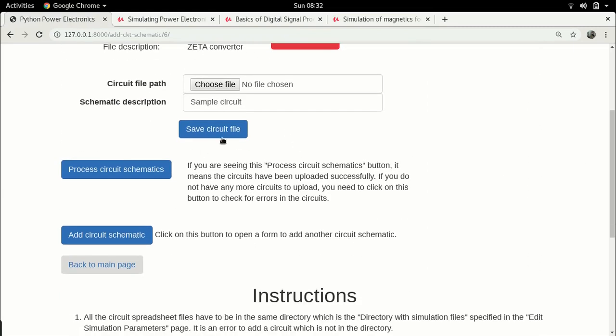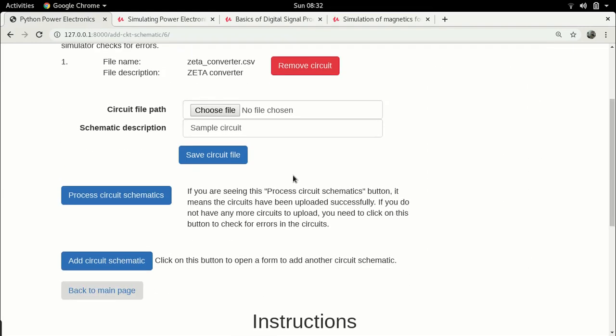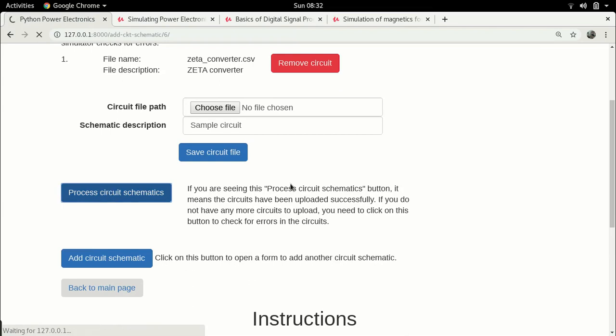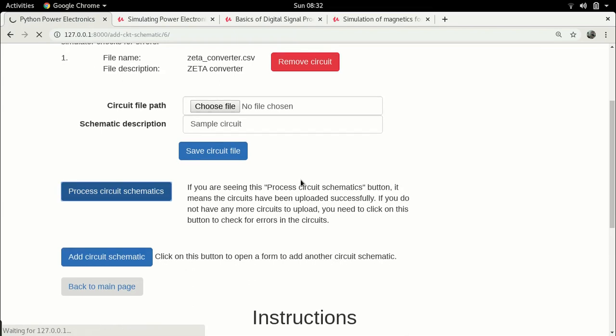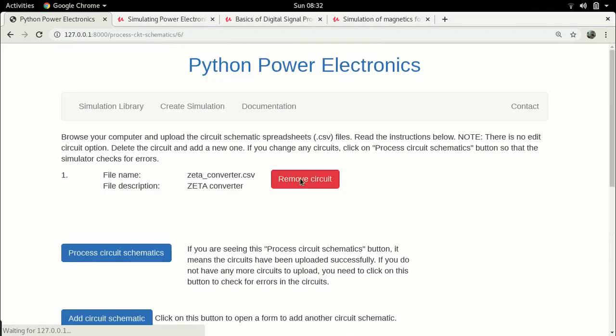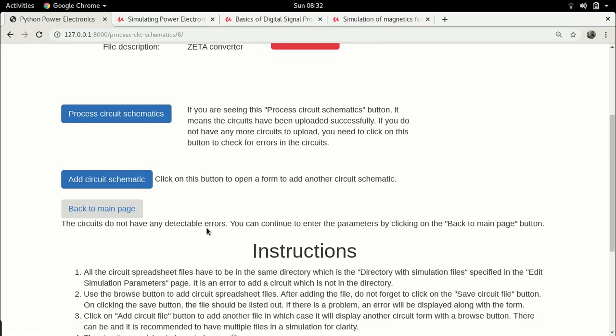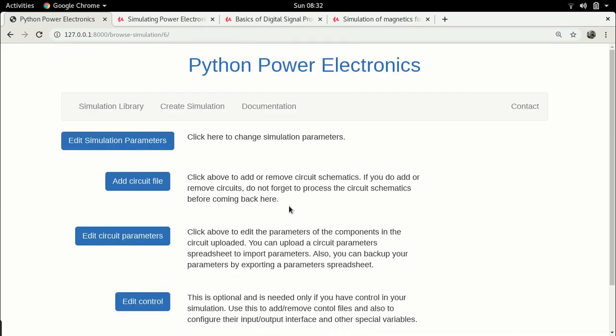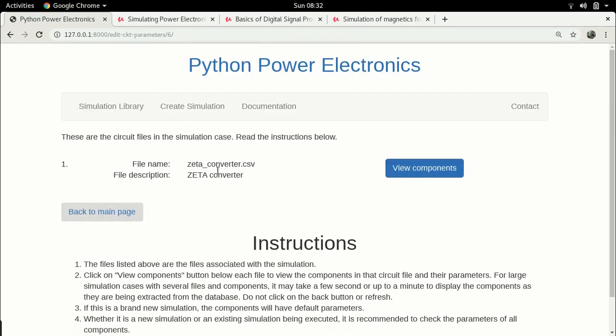So now that we have added the circuit schematic, if we process it, we find that there is no error. This is where we had left off. It says the circuit does not have any detectable errors, so that means we are good to go. We can go to the next stage, and that is edit circuit parameters. In edit circuit parameters, we have only one file. We can just click on view components,